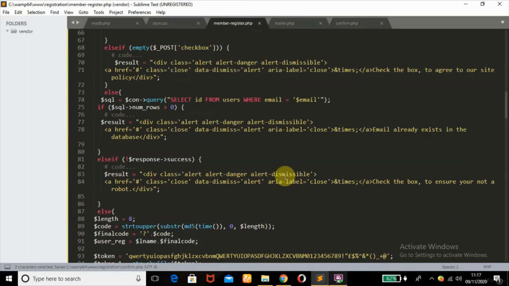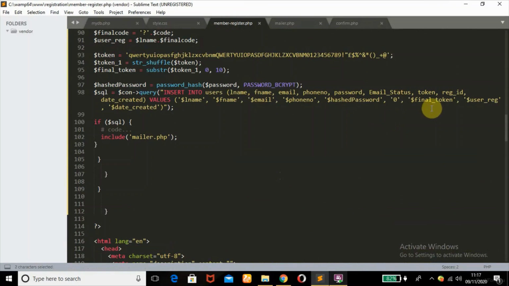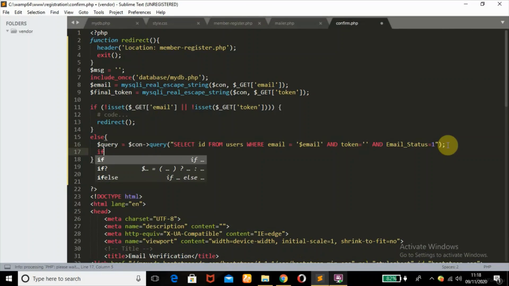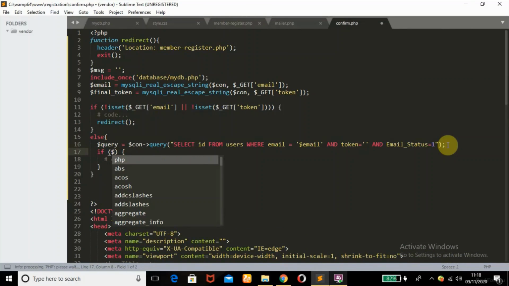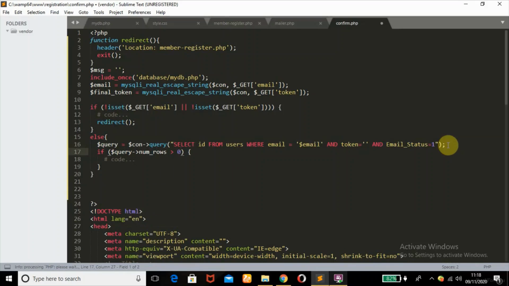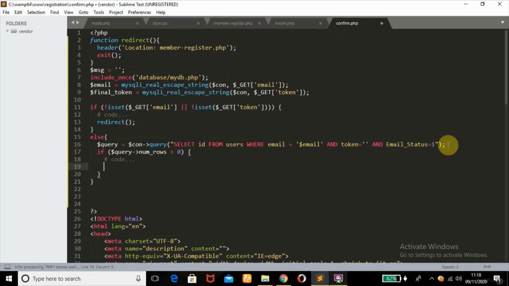Remember here, my email status is 0. What was inserted is 0. When I verify it, I'll add 1 there. So this will also check if it was already been added. If I've already emptied the token, that means truly I have verified the account. Okay, so if function query num_rows is greater than 0, if the number of rows fetched there is greater than 0,